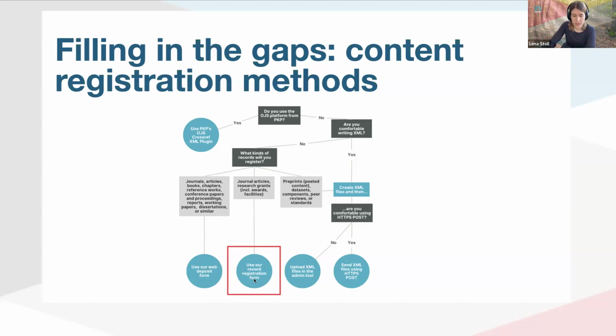We first launched this just over 2 years ago, I think, to allow members to register their grant records without having to touch XML. But now, as of last September, we've also created a version of that form that allows you to register journal articles with rich metadata, and I would love to tell you a little bit more about that.